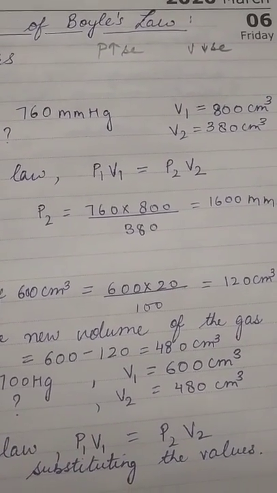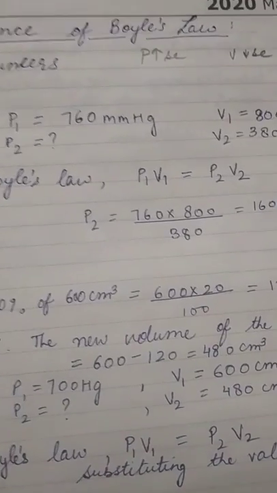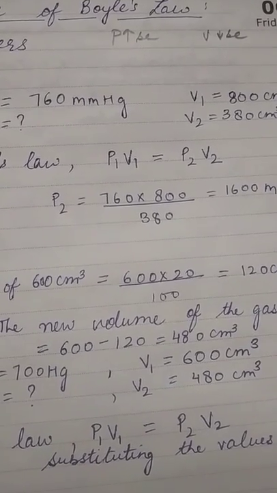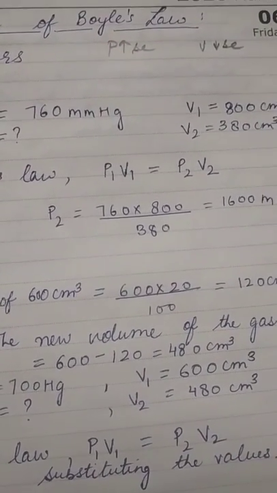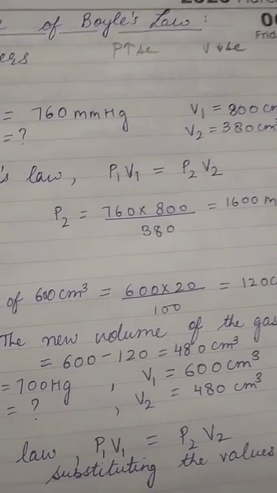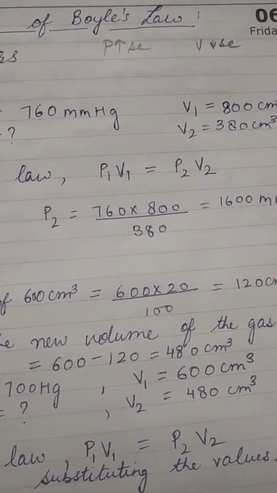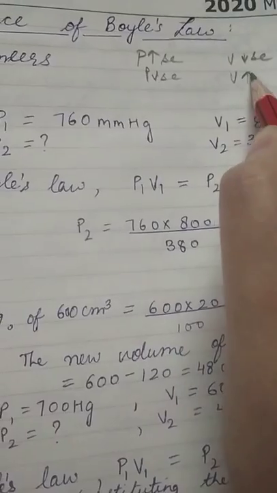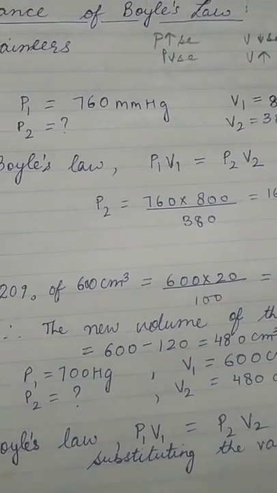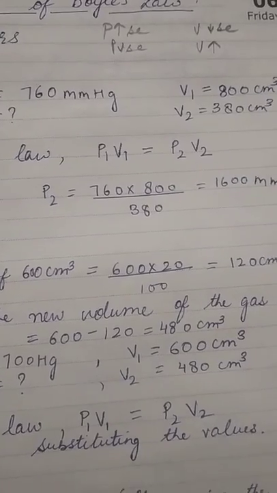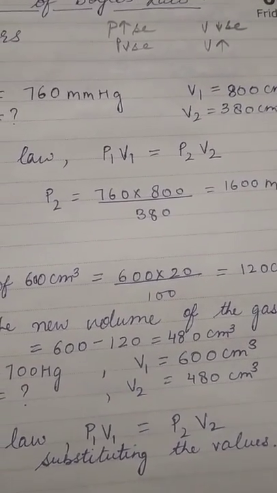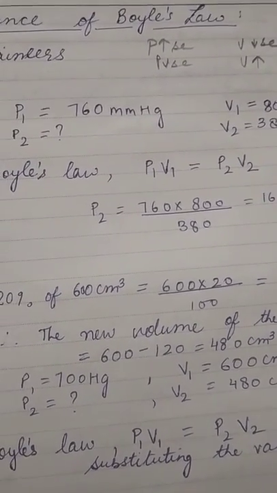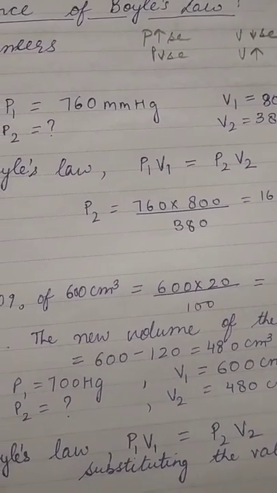If we are going to a high altitude, especially the mountaineers who are climbing up the mountains, as we are going higher and higher, the atmospheric pressure is low, and if that pressure is low, that means the volume is increasing. Pressure is low, volume is more. If volume is more, that means the air will be less dense, and therefore, as many of you must have gone to higher altitudes, you must have experienced difficulty in breathing.